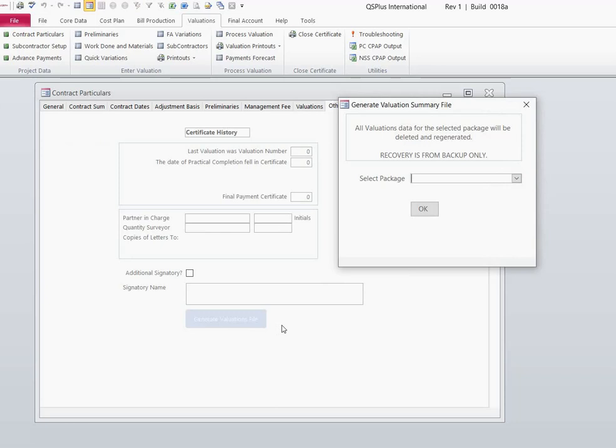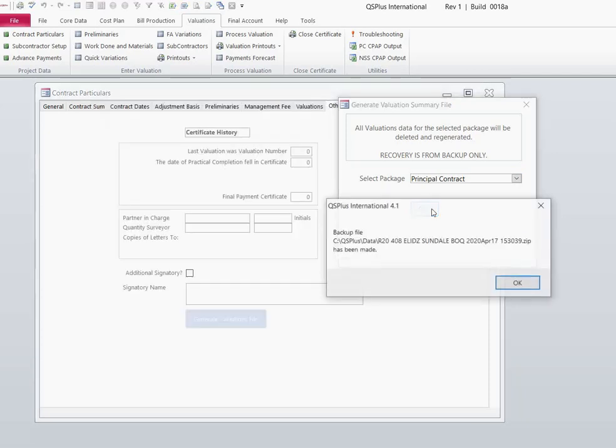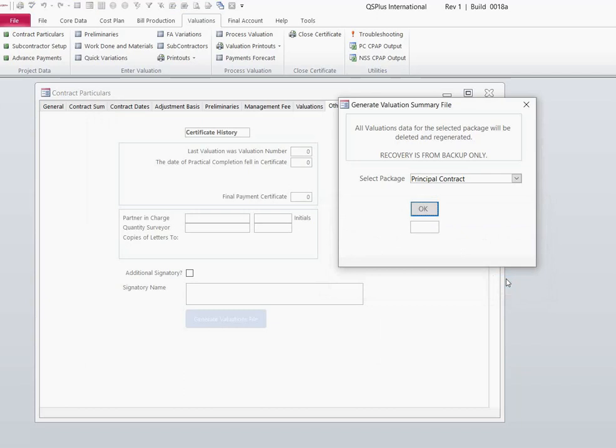generate the valuation file. You select the package, which is the principal contract. There may be other packages that you've measured, like ceilings, electrical, mechanical, but this is just measured as the principal contract, and click OK. It makes a backup of the file prior to the changes, just in case something goes wrong, and you can retrieve it. So it will go through this